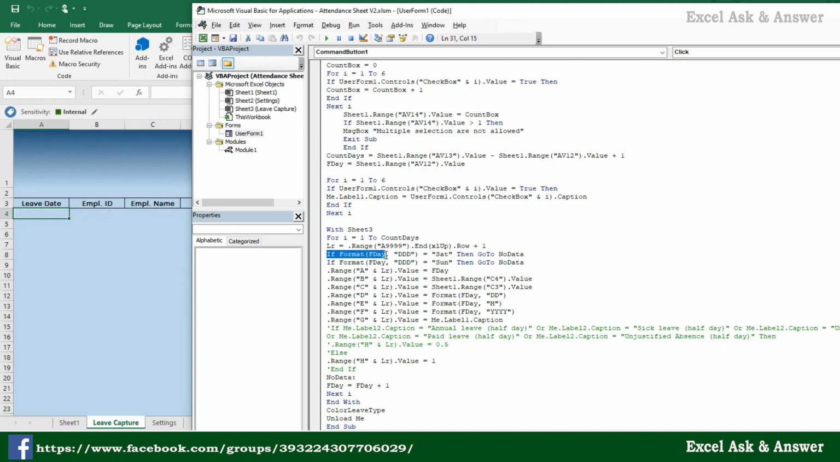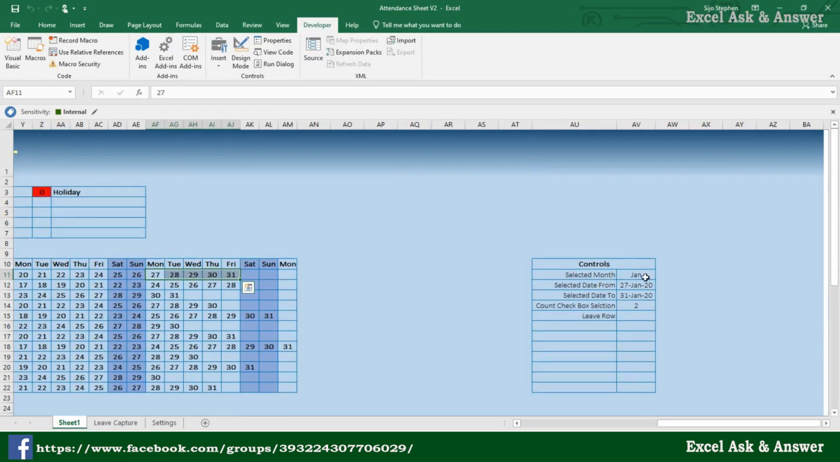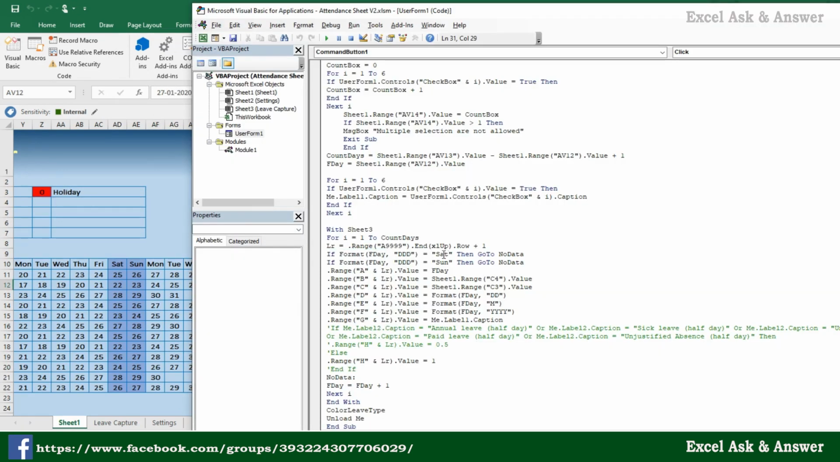If format first day, the first day is already mentioned here. The first day is equal to Saturday, then go to no data, because I don't need to capture anything because it's a weekend. We already mentioned, and the same as here also, if it is Sunday, it will go as no data. We don't need to do anything here. If other than Saturday and Sunday,